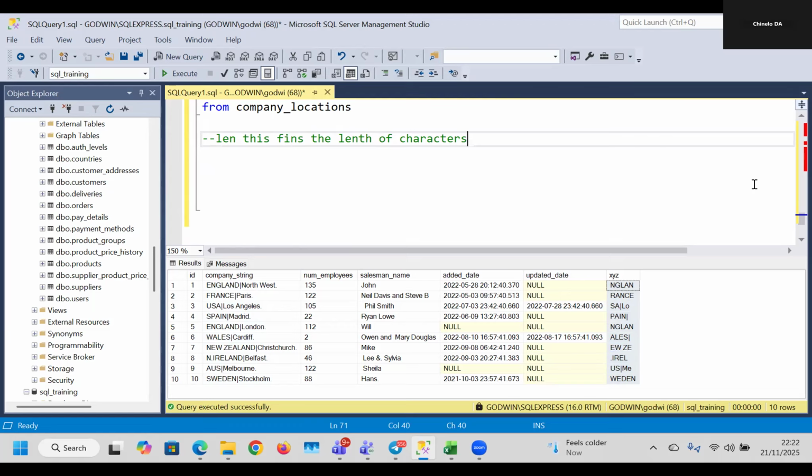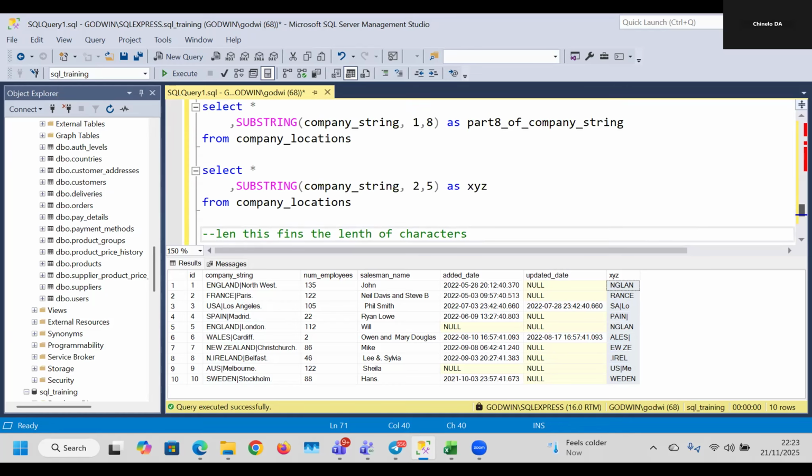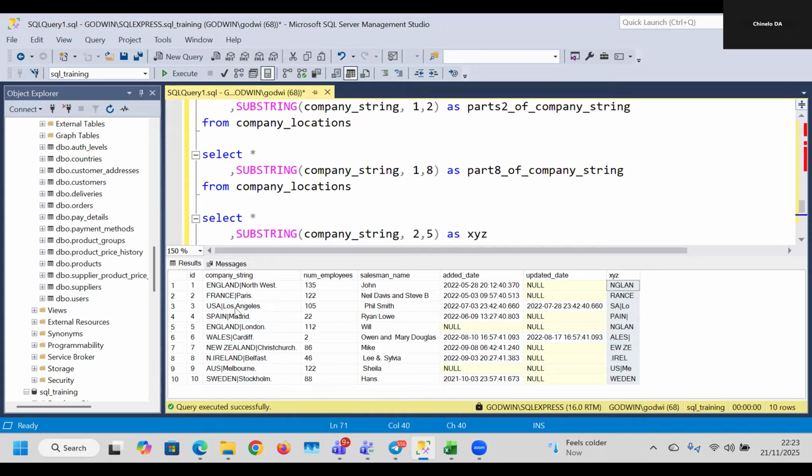Now, why is this important? This is a very, very important part of data cleansing, because if you want to clean data, you need to know, for example, when it comes to getting rid of this pipe,